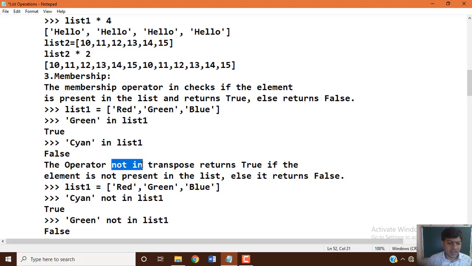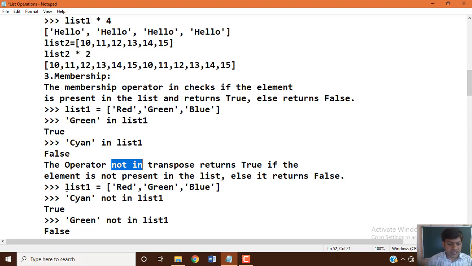The not in operator is something like the opposite of the in operator. So not in checks, and if the item is not available within that particular list, then it returns true, else it returns false.